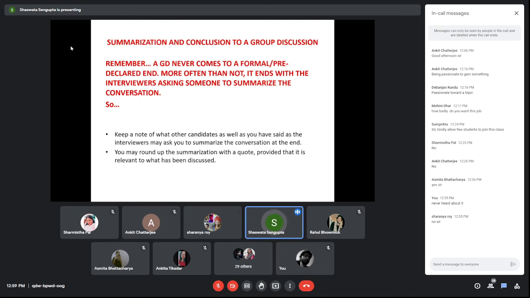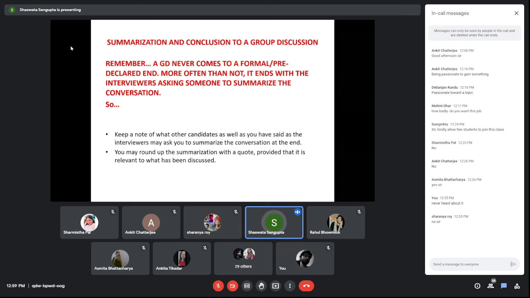Keep a track of whatever has been discussed, and when you're asked to summarize it, you can just refer to your notes and say it in your own words. I'm not saying that you should read out the minutes of the meeting from the notepad. You have to take a look at the points and round them up in your own way. Summarizing basically means rounding the thing up. Do not read it out.